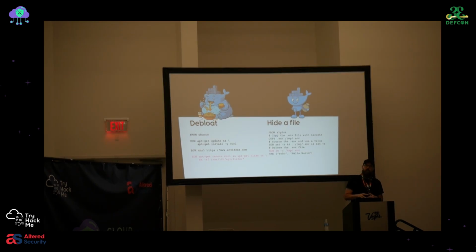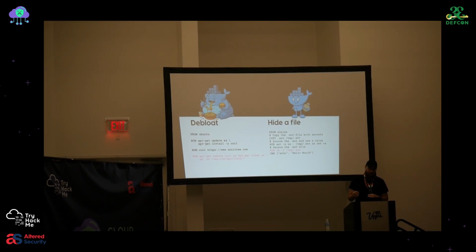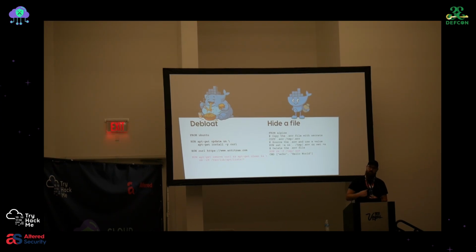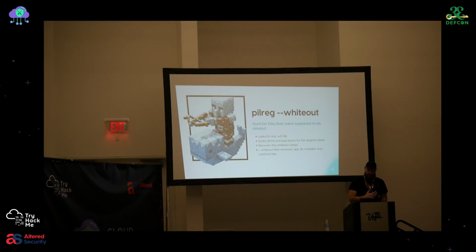And there are 2 reasons that you remove files in a container registry. You want to debloat it, like everybody's done that thing where you apt install something and then remove the apt cache, just because you don't need that there. Debloating is an important thing that we should do, and that's cute and stuff, but the other reason to remove stuff is because you're hiding it. A lot of times you'll see something like, I needed to copy in a signing key, do a signing operation, and then I don't want the private key stored inside of that container, so I'm going to just delete it. So this is where whiteouts come into play.